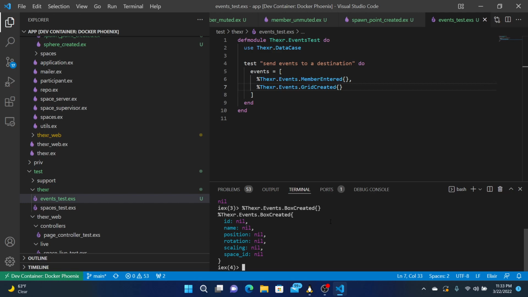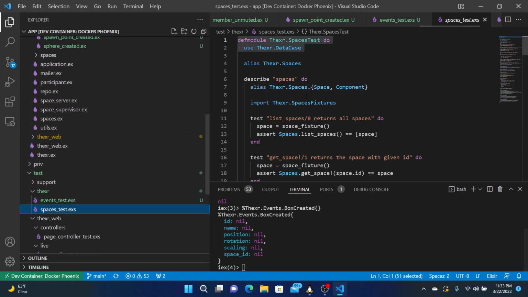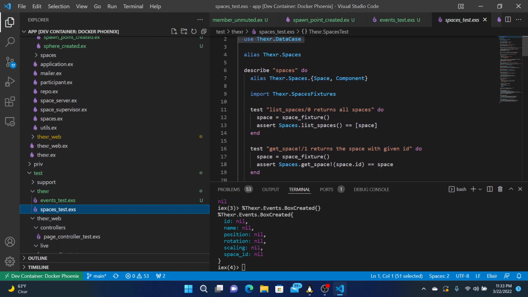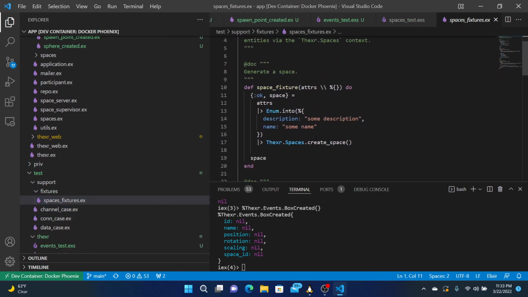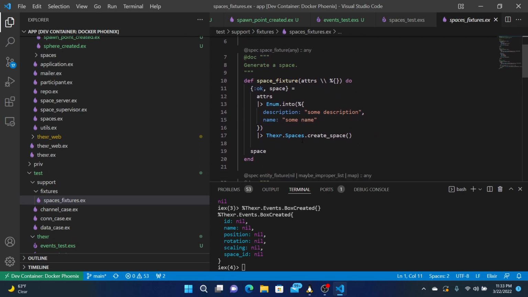We do need to create a space. So we probably need to import space fixture. If we do that here, we did import space fixtures here, which will create a space.